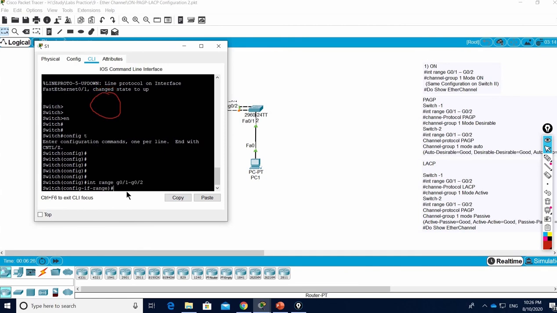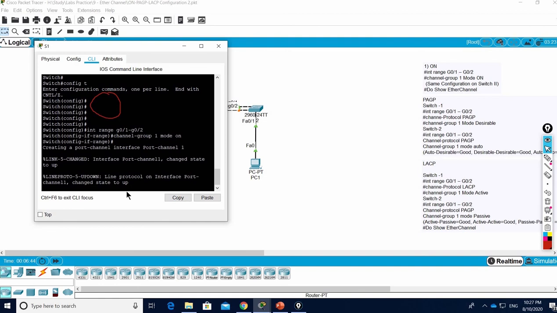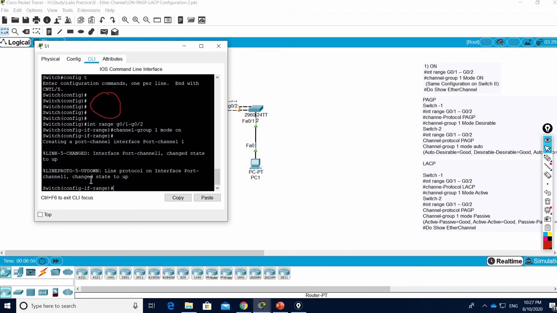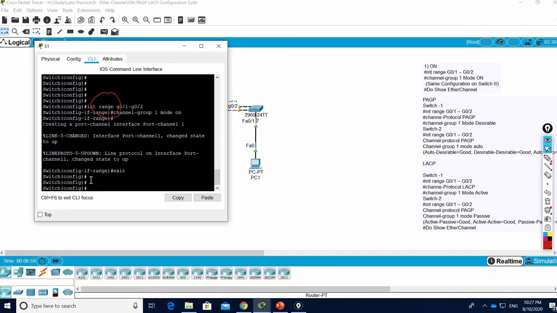So we are inside the interface and we are going to type channel group, and we need to provide the group number, which is 1, and then we say mode on. You see over here, the state is up. It's going to configure the on protocol, and then we can exit out and say do show